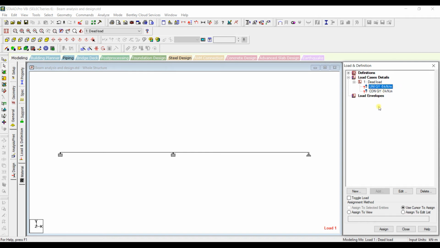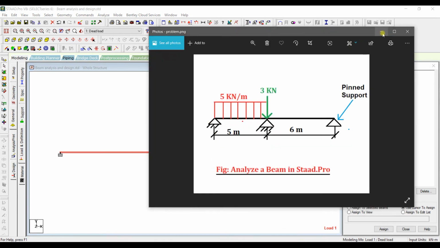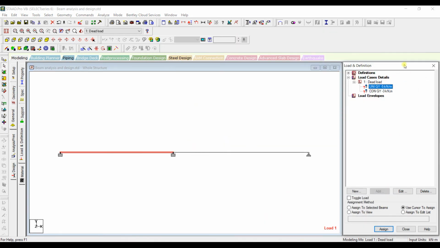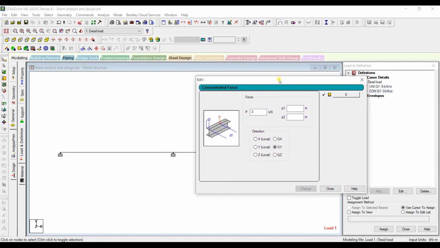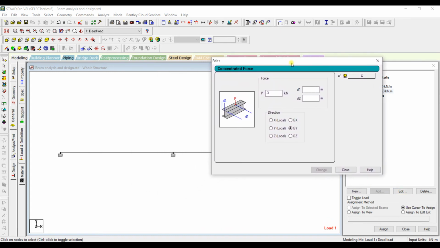Let's assign this uniformly distributed load to the left end, so select this beam, then assign this load to the selected beams. Again select this load and, here I have made a mistake. I will go to edit and I need to define the distance to apply the concentrated force.